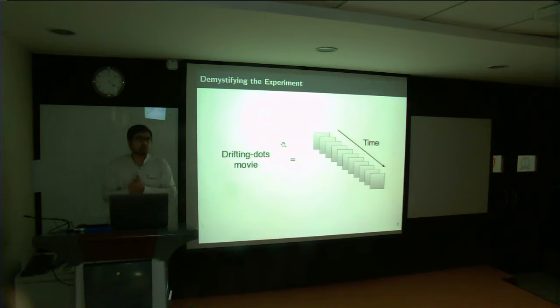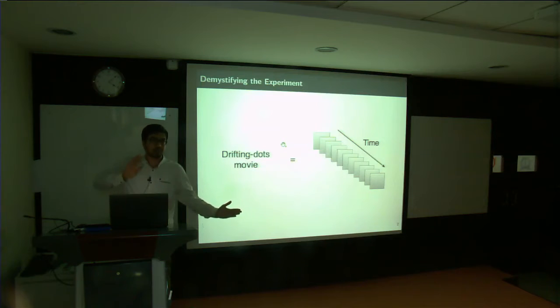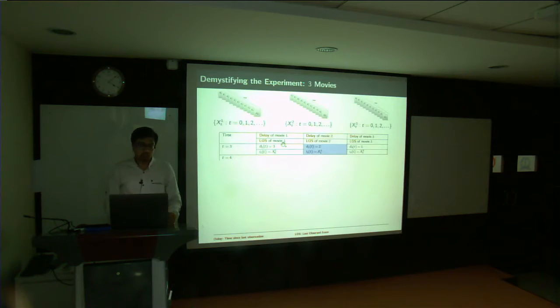For the rest of the talk, a movie for me is a sequence of frames. I'm going to represent this sequence of frames as a process. I'm going to collect all of these frames across time and identify them as a process. Here I'm just introducing a bit of notation. The superscript denotes which location you are looking at. Location 1 will have superscript 1, location 2 will have superscript 2, location 3 will have superscript 3. So let's stick to 3 movies for now. Let's say you looked at movie 1 at the first time instant, movie 2 at the second time instant, movie 3 at the third time instant.